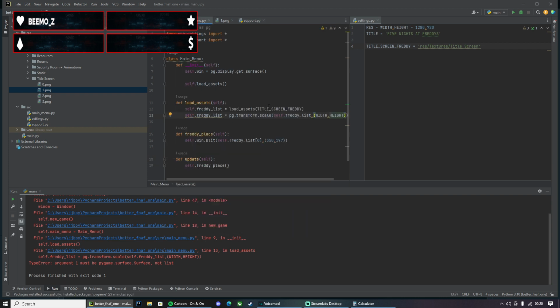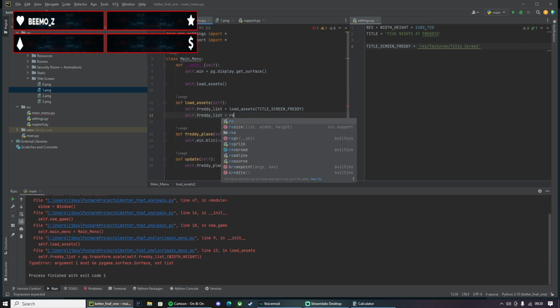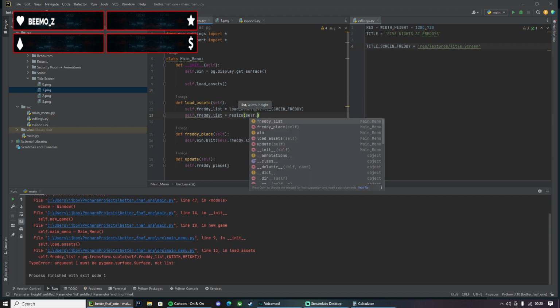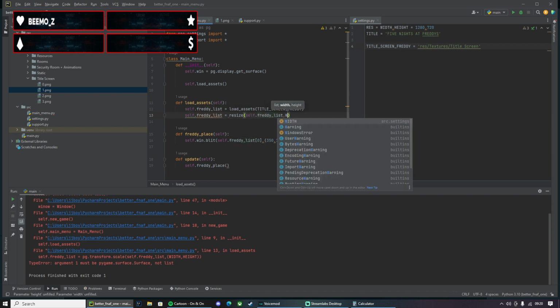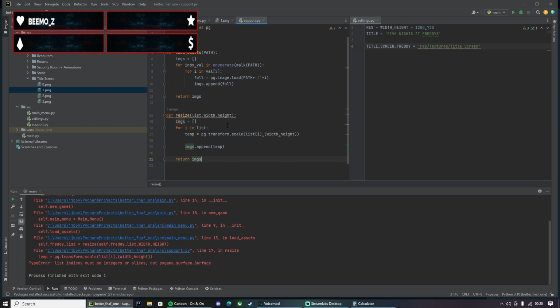Okay, so hopefully self.Freddy list equals resize self.Freddy list to the width and the height. Why? We might have to just do for i in the length of the list.